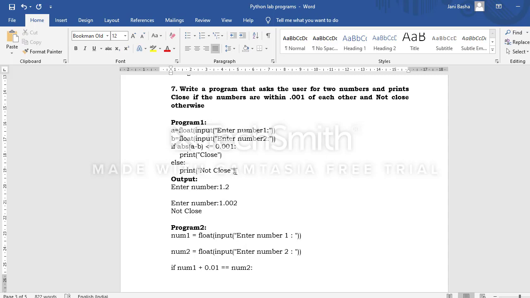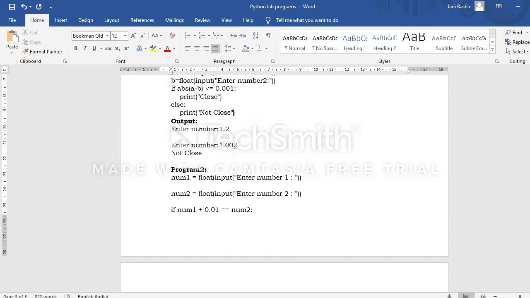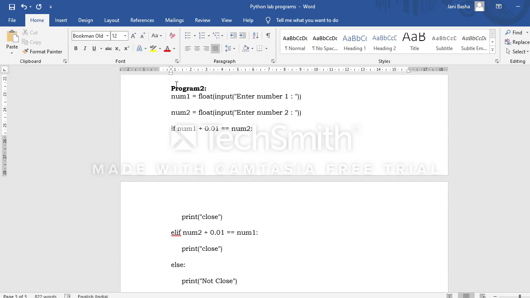Okay, so very simple program. Hope you understood. The only thing is the difference between A and B should be less than 0.001. Then we can say that both the numbers are very close. Otherwise, we can simply say that numbers are not close. So this program can also be written in another format. Program 2: the same program can be written in some other format. Here I am taking two numbers in num1 and num2. What is the logic we have written is, if num1